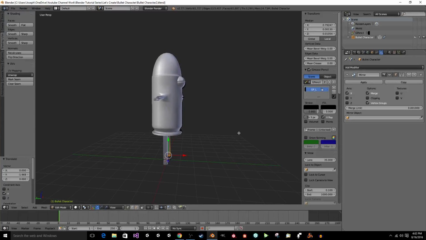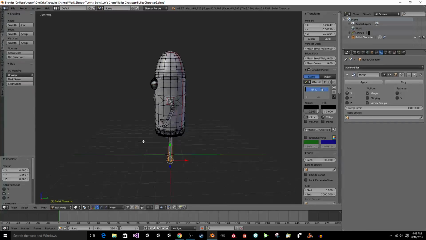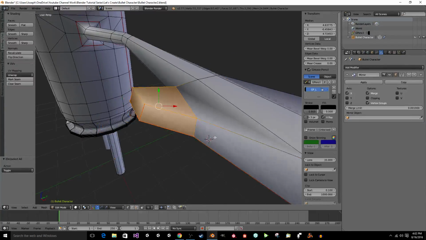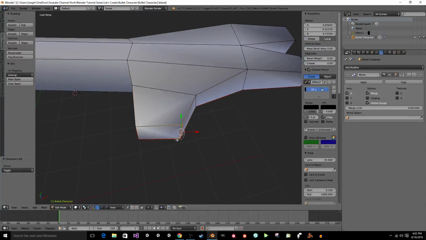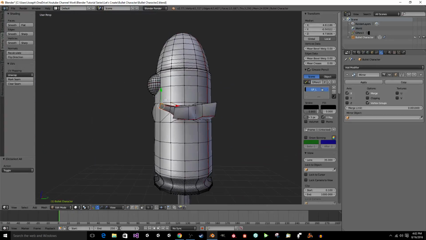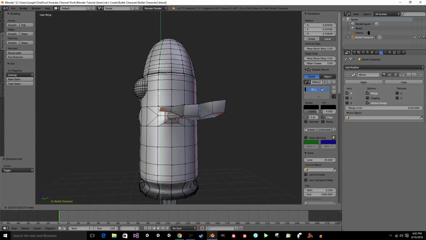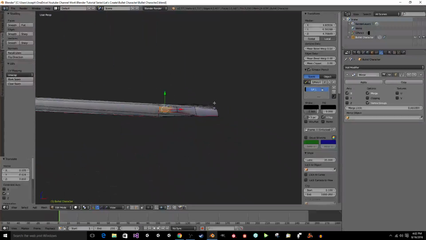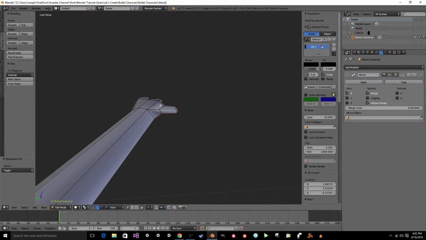Got the hands, got the thumb. I just noticed something. I don't like that thumb. It just seems like it's sticking up too much. See that? See how it's sticking up? Yeah, I don't like that. Let's bring it down so it's flat. Palms down. Always palms down because of the